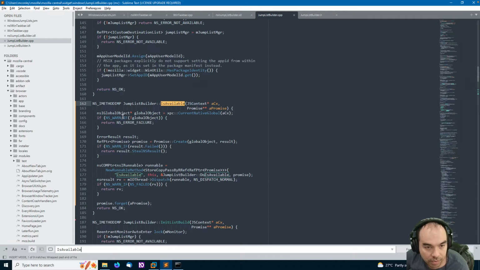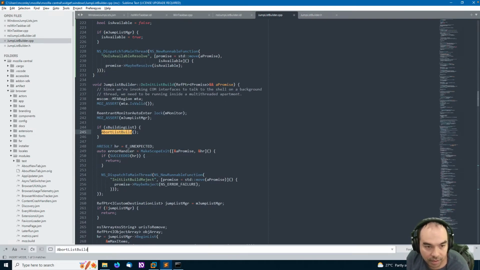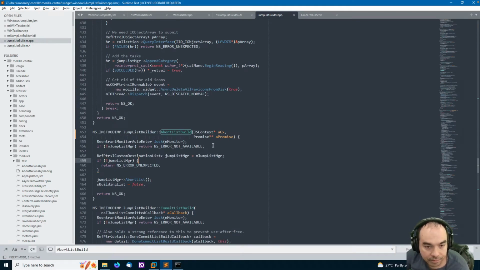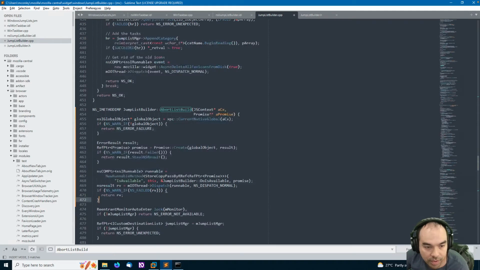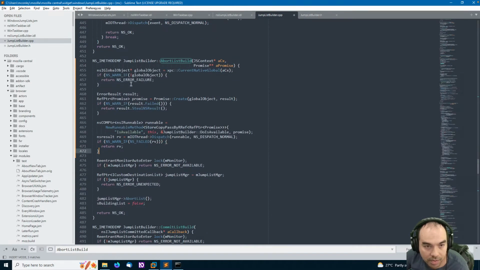We want to use the same structure effectively. Abort list build. Don't need a lock because we're doing this off the main thread. Yeah, we get those things. We create the promise.